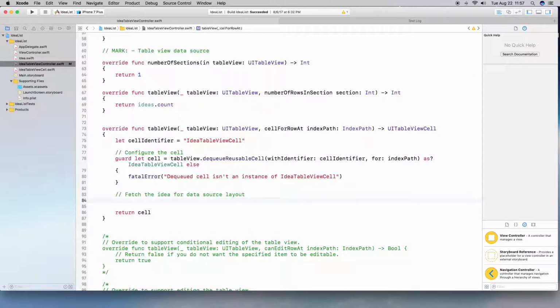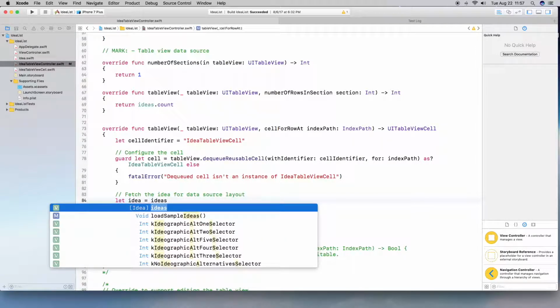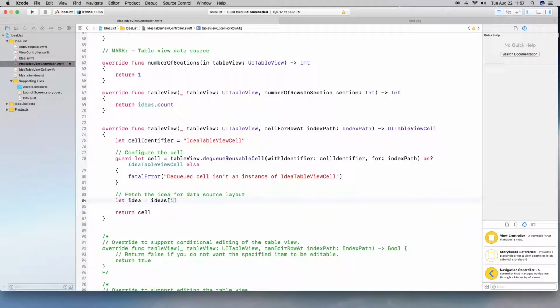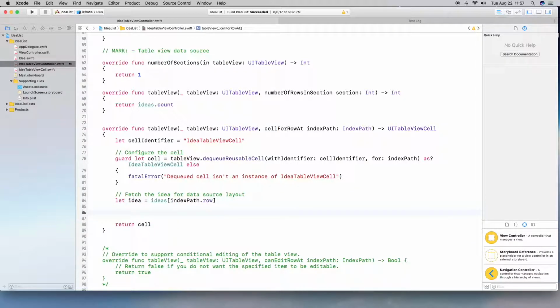Okay, so we're going to do let idea equal ideas at the index path. Oops, do square bracket indexPath.row, and then we are going to assign each property inside of it